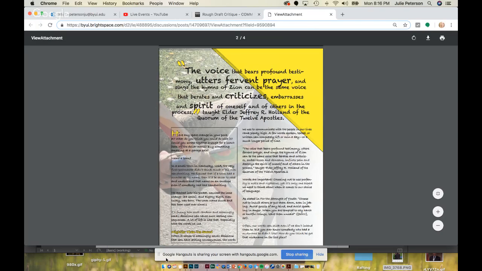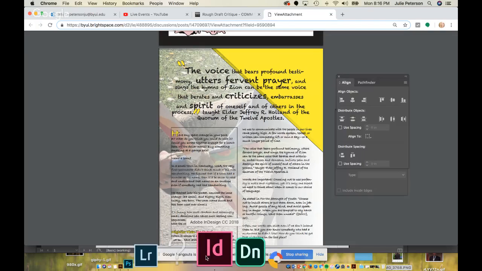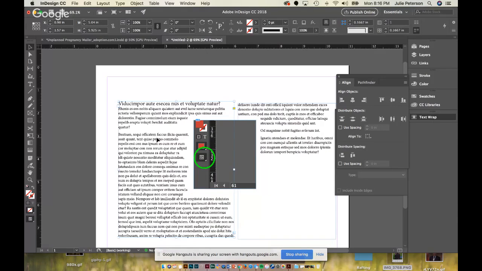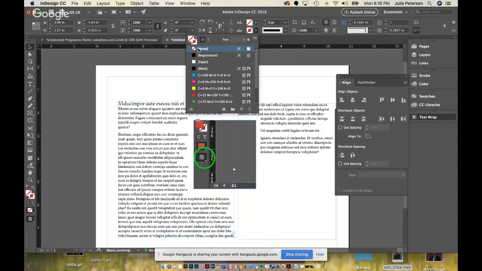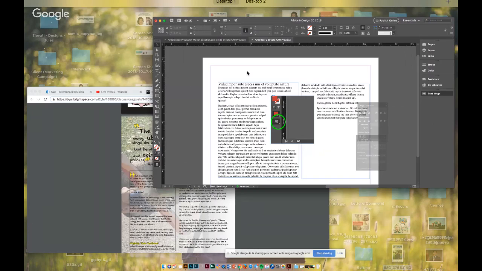So go in there and change that font, and then you have a stroke around here. You might have accidentally done that. To get rid of that stroke, just click on your text box, and right up here where it has a stroke, just hit none, and that will get rid of that stroke around that box, okay?